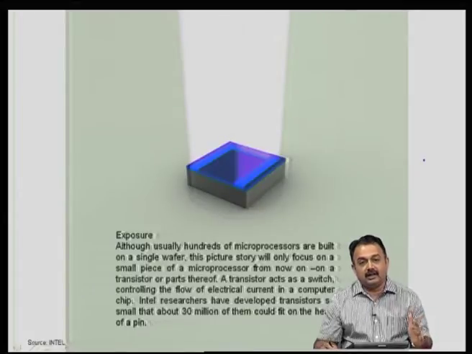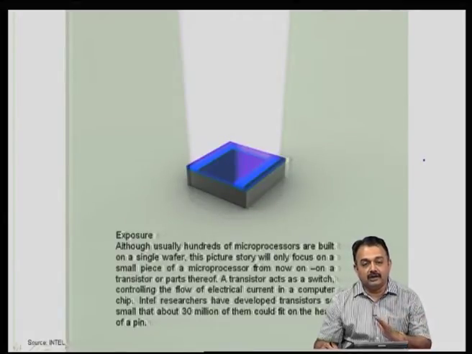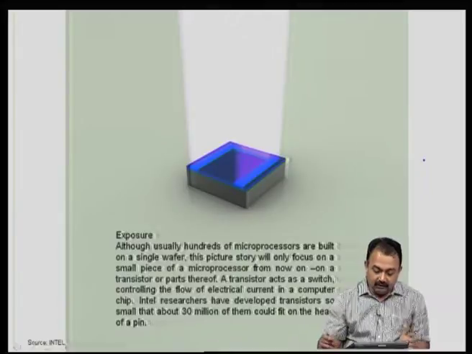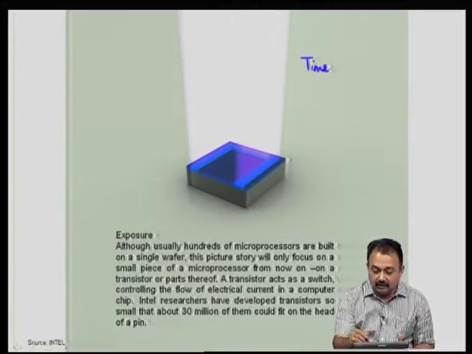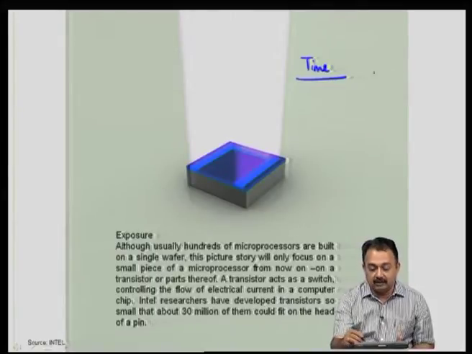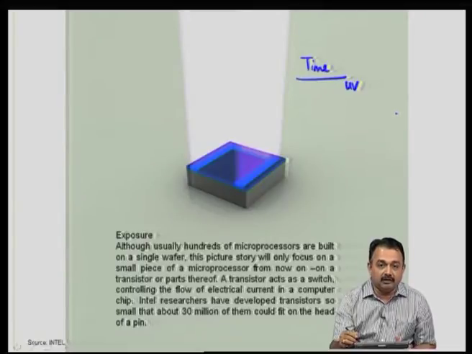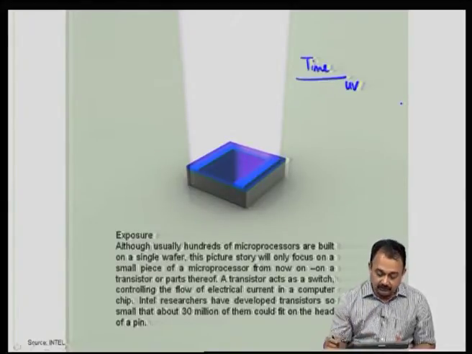So, along this entire exposure process, you do not want any change or any dimensional problem. You do not want to lose any features. And two things, one is the thickness of the photoresist and the time for exposure. Time is also very important. You can't keep exposing the photoresist material to UV light for an indefinite period of time. So, this is also recommended by the manufacturer. All these properties are interrelated, and to get a good image with a high resolution, you need to work on all these issues.